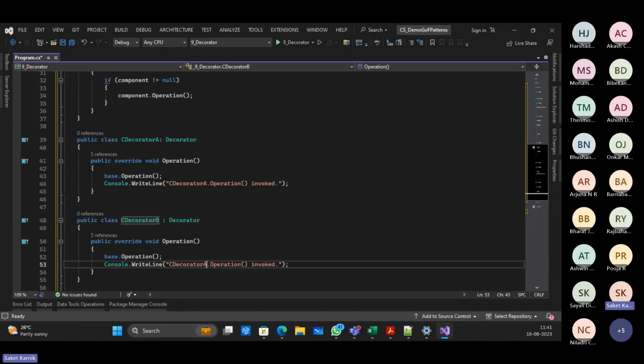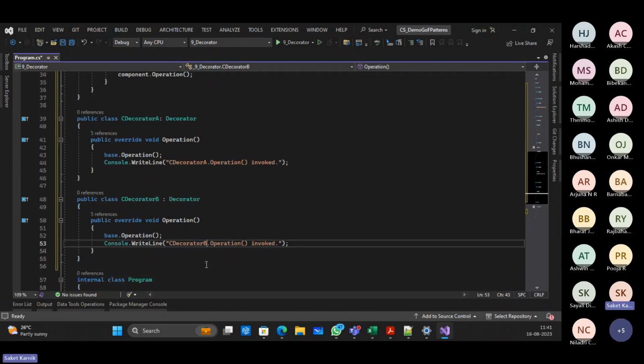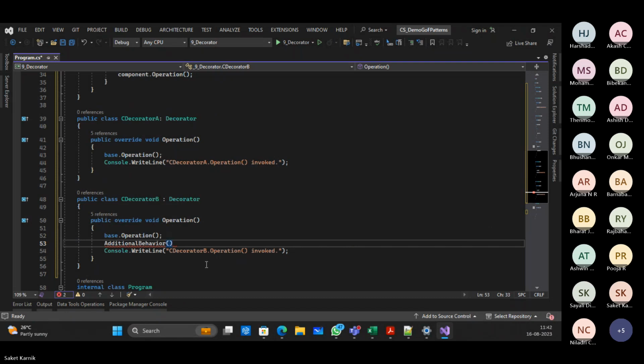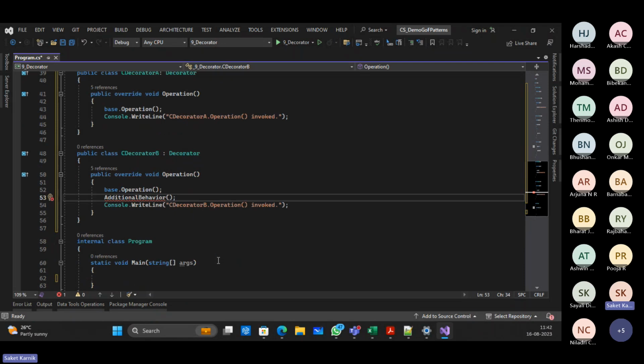Message also changes to C decorator B. Now this might have some additional operation here. Let's assume it has been added already. So I make the call to additional behavior or additional operation, whatever you call. And then